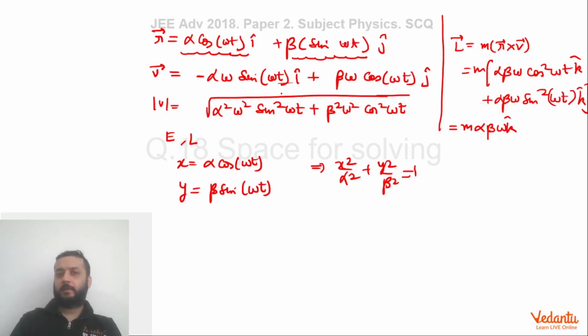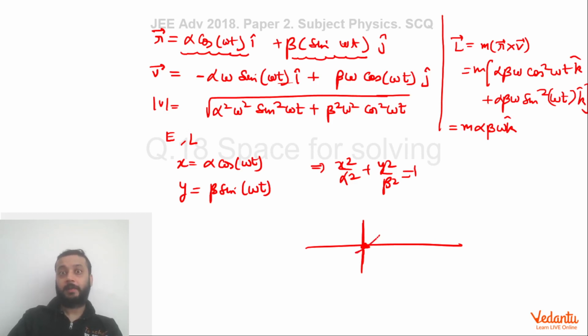In this case, kinetic energy will not come out to be constant because alpha and beta are not equal. Had alpha and beta been equal, then the path would have become circular in nature, and kinetic energy would have come out to be equal. All these things are taught in SHM. So kinetic energy is not equal. Now if you try to think carefully, since the x component of the particle is performing SHM, and the y component is also performing SHM, we can say the force of x will also pass through the origin and the force of y will also pass through the origin. So overall force will always pass through the origin, and hence we can say that net torque will be zero about the origin.